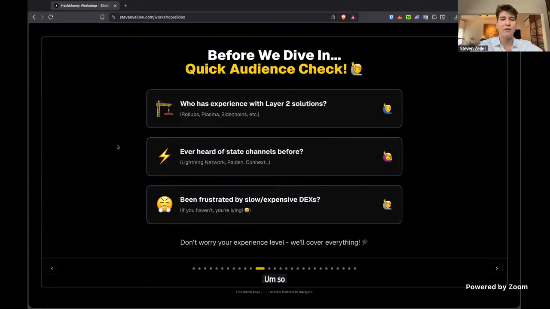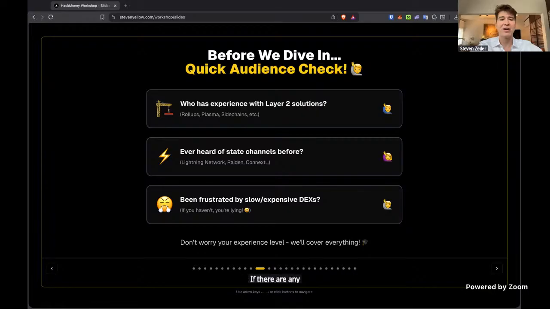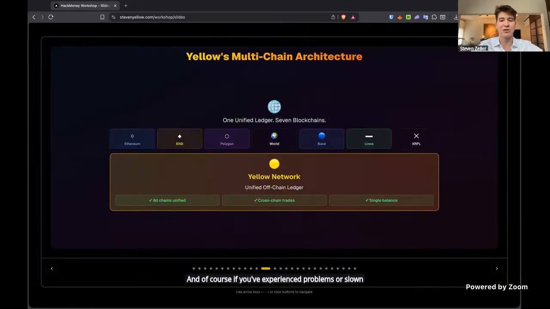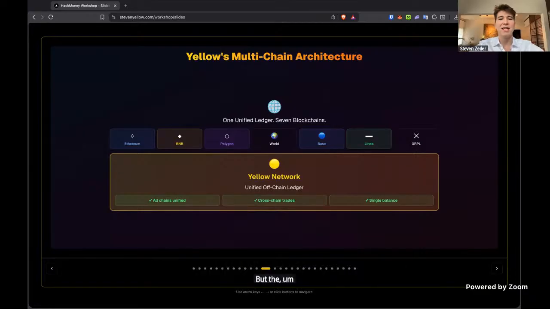Please let me know if anyone has heard of state channels before, or if there are any layer 2s that you have used before. And of course, if you've experienced problems or slowness with DEXs or smart contracts. But the Yellow architecture is multi-chain.